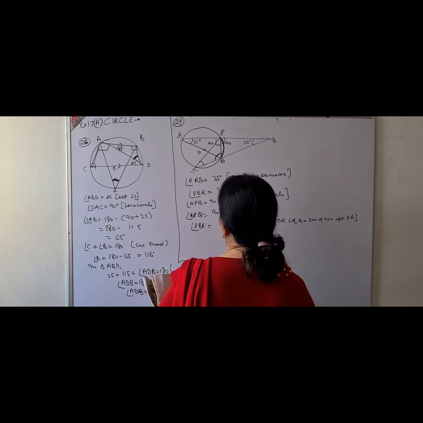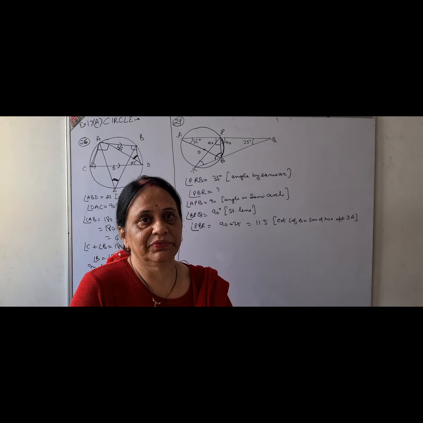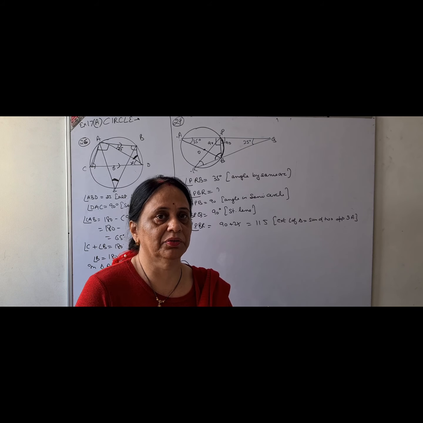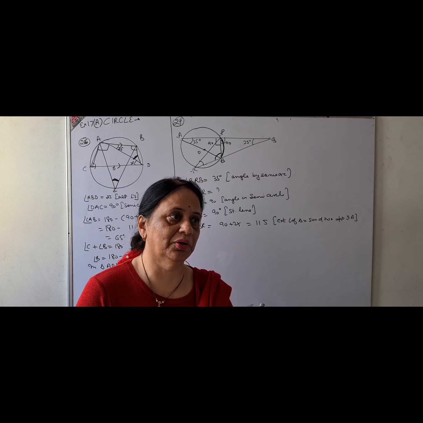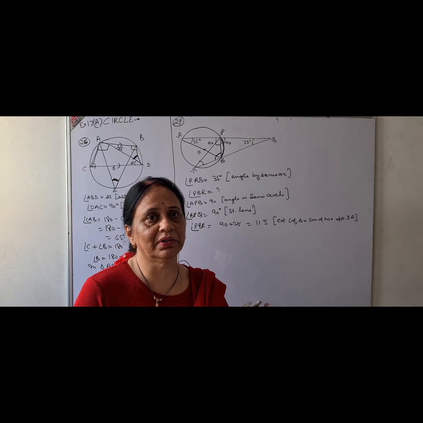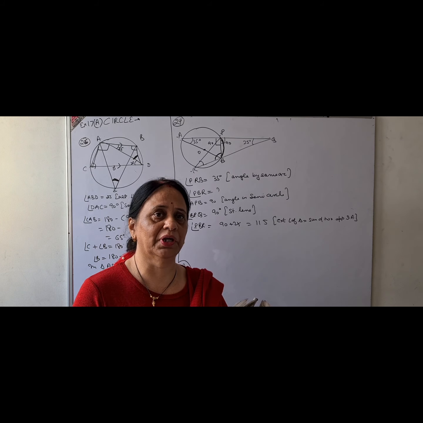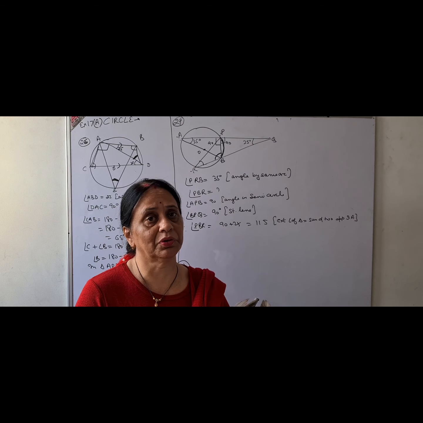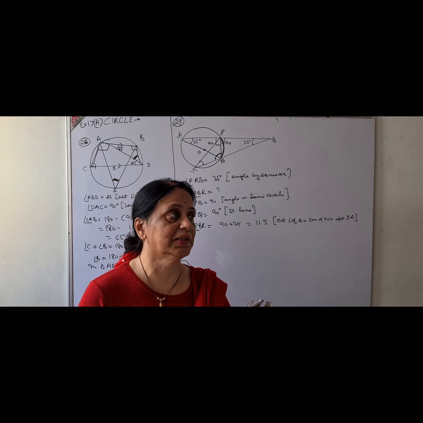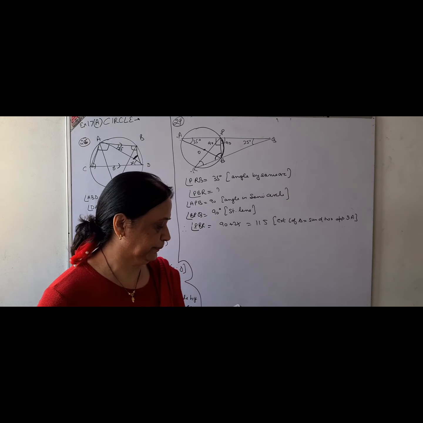Now see, I want to tell you something, that all the results which we are reading from 6th standard to 9th standard are applicable here. So you have to be well versed with the results. Now triangle result I have not given you again, but you are doing, and 90% of you know that sum of the angles of a triangle is equal to 180 degree. The exterior angle is equal to sum of the two opposite interior angles. So I am telling you full geometry, whatever you have studied up till now, will be applicable in circles.